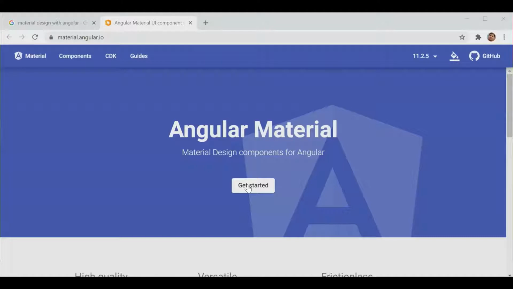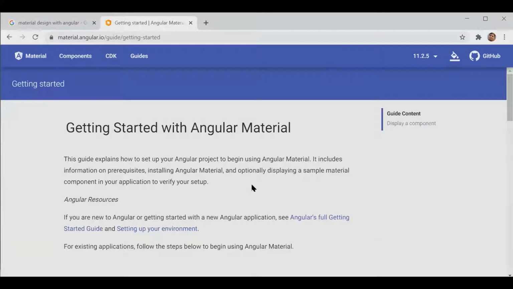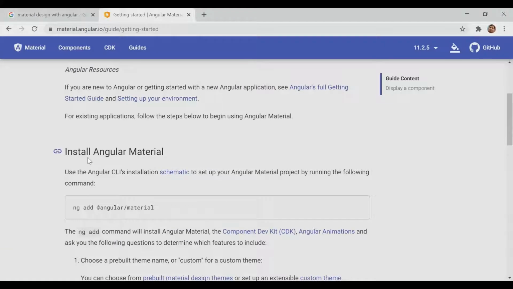You need to just open it and then this link will come. Here you have to click get started. Here you will get the idea that whenever you are going to add material design functionality into your project, you have to run this command.